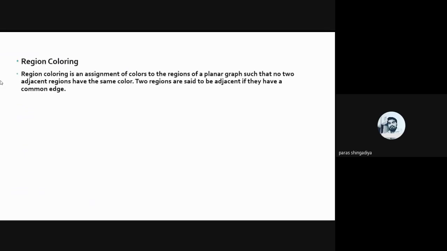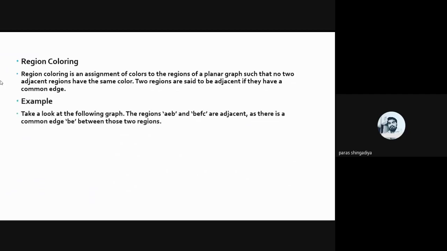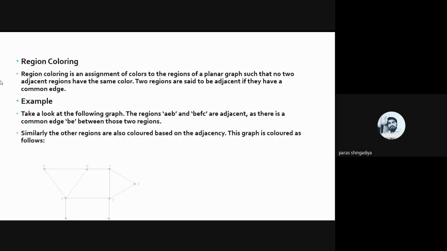And next one is region coloring. Region coloring means you have to consider a planar graph. So definition है region coloring की. Region coloring is an assignment of colors to the regions of a planar graph such that no two adjacent regions have the same color, and two regions are said to be adjacent if they have a